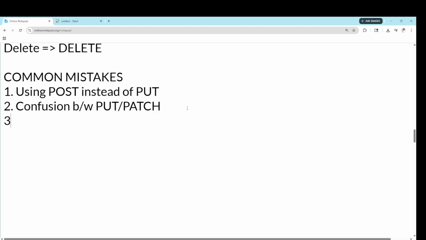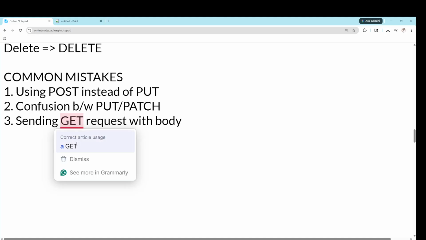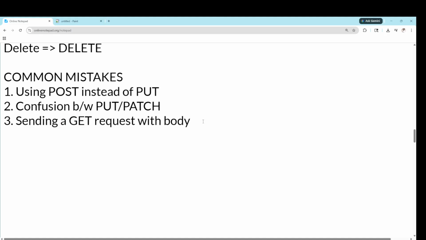And the third mistake is that sometimes people send a body in a GET request, sending a GET request with a body. It will be ignored, but this doesn't look good from a development flow perspective.